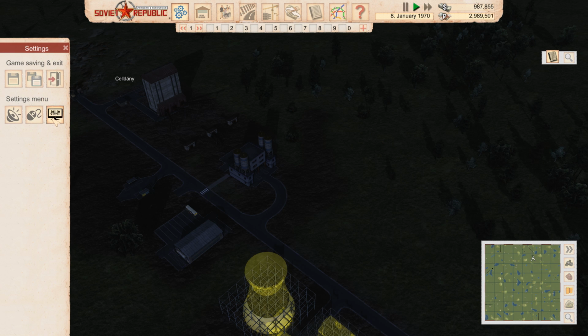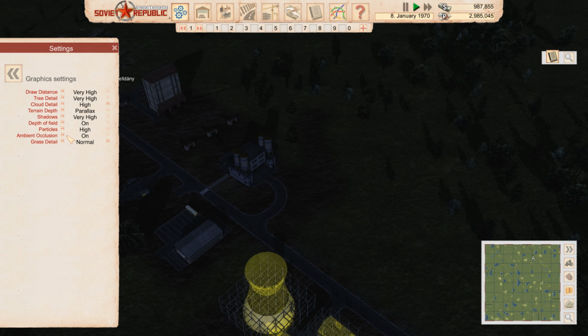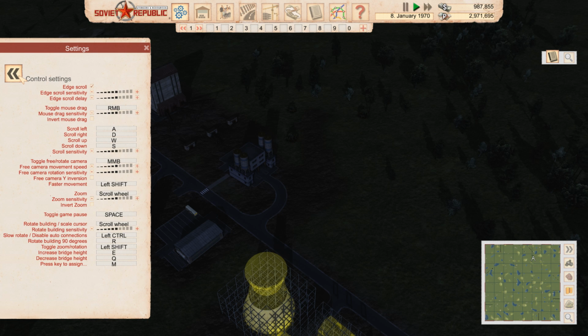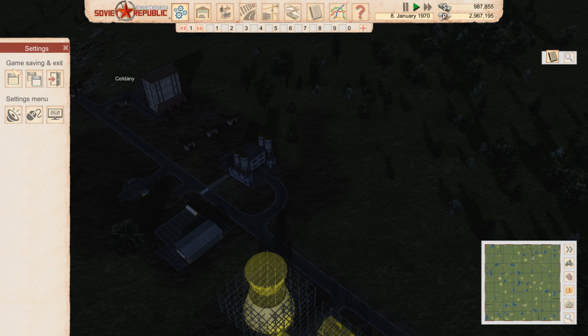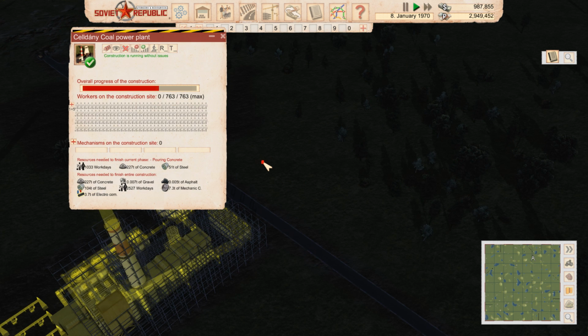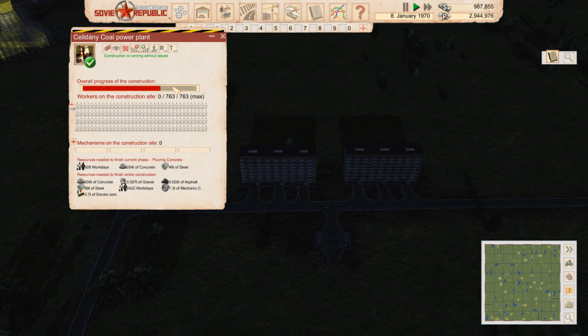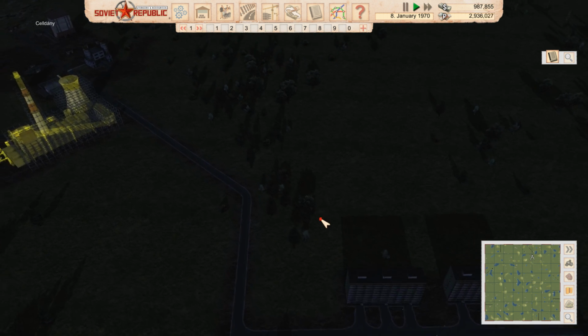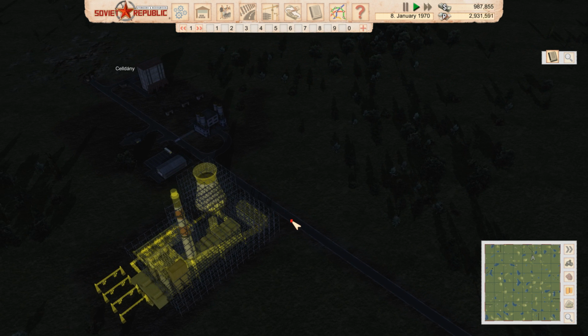Is there any way that I can turn on the day-night cycle? No. Turns out there is not. So yeah, it's just fairly dark. It is a dark night. This thing is still coming up. It is not a cheap plant to build, but at some point it will probably start working and start providing